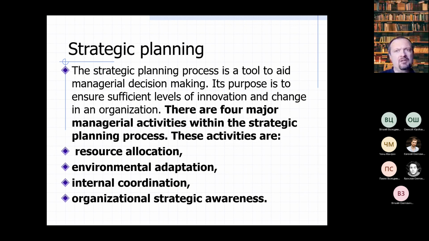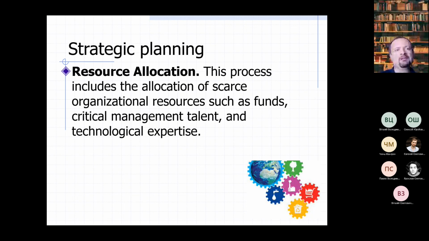So, strategic planning as a function must have four main spheres of activity: resource allocation, environmental adaptation, internal coordination, and organizational strategic awareness. If we are speaking about resource allocation, it means that we must know all the resources of our organization which can be used for our contemporary activity or maybe for other activities which we can